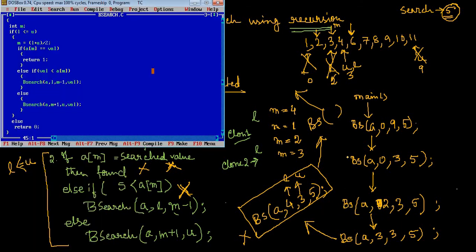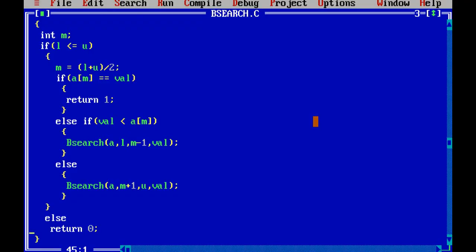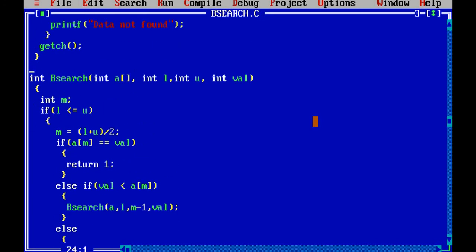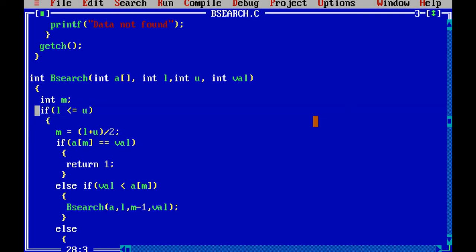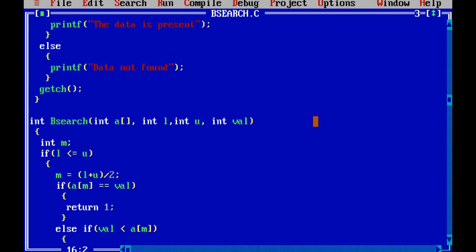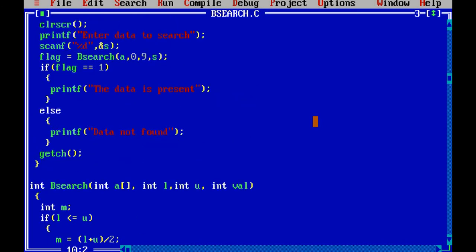So now see, a very interesting thing. The program that I have written over here is a recursive function, a recursion. And since I didn't have this criteria, there was no stopping criteria, and that was the problem, right? Now see, so this is all about the binary search algorithm.